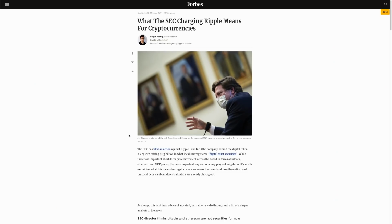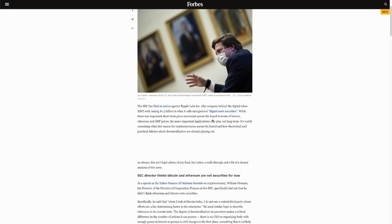But if we go over to this SEC article, what the SEC charging Ripple means for cryptocurrencies. The SEC has filed an action against Ripple Labs, the company behind the digital token XRP, with raising $1.3 billion in what it calls unregistered digital asset securities. While there was important short-term price movement across the board in terms of Bitcoin, Ethereum and XRP prices, the more important implications may play out long-term. It's worth examining what this means for cryptocurrencies across the board and how theoretical and practical debates about decentralization are